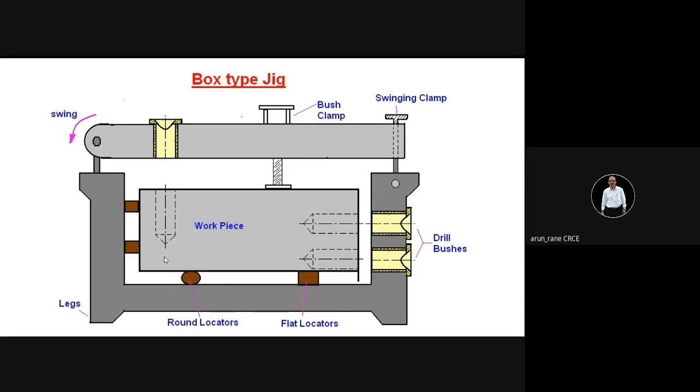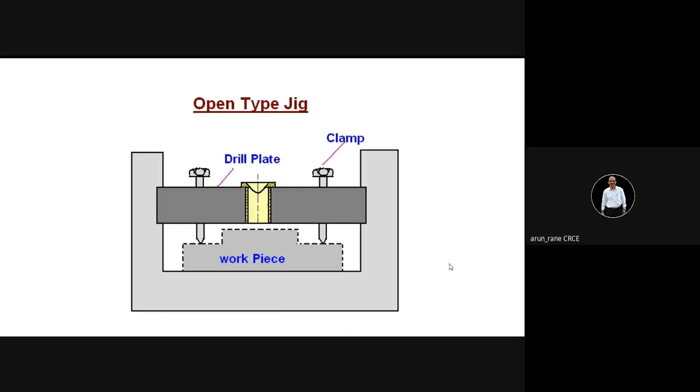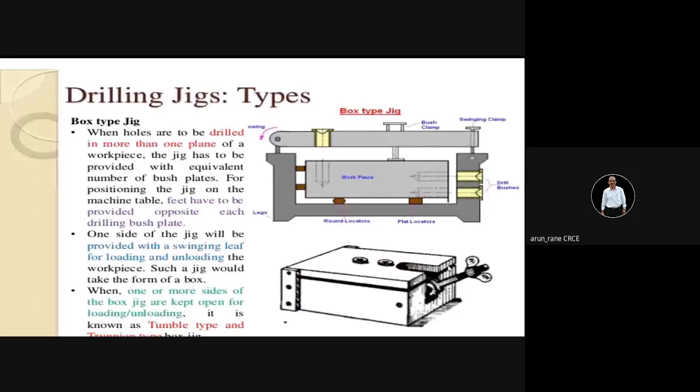It's a blind hole. Blind means what? It is not through and through. Also, you can do two holes from here. Once this is done, you have to turn this box type of jig through 90 degrees and carry out the drilling. So this particular jig is meant for drilling 3 holes. So these are the different types of drilling jigs.